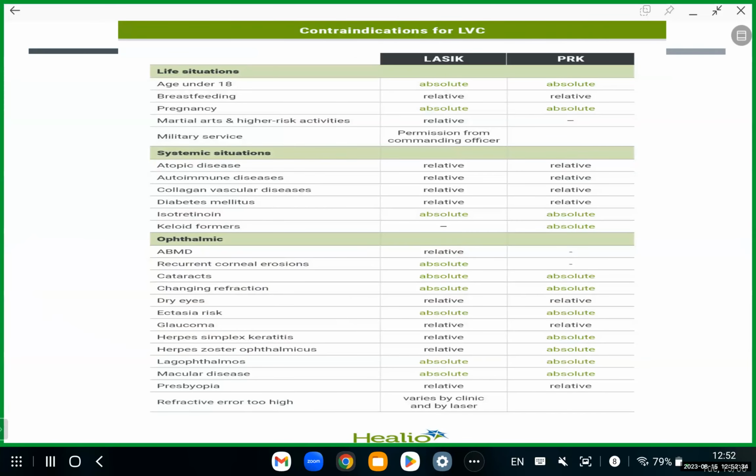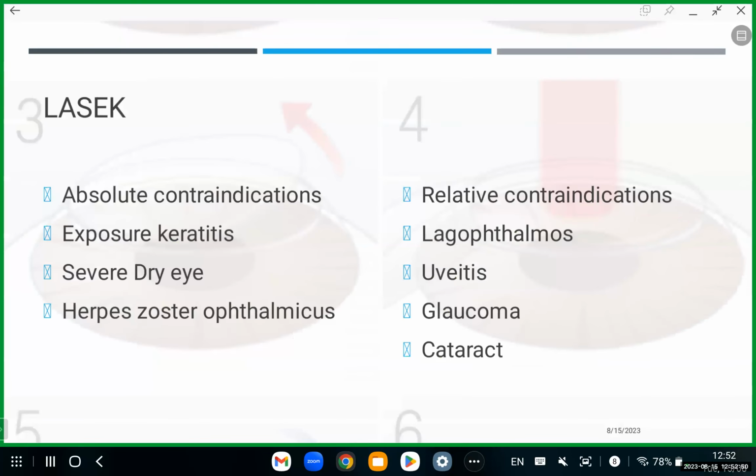In case of refractive error, LASIK is the procedure of choice, mostly in case of myopia, whereas in photorefractive keratectomy, high myopia will give good results. So the next procedure is laser subepithelial keratectomy. In this procedure, the corneal surface is